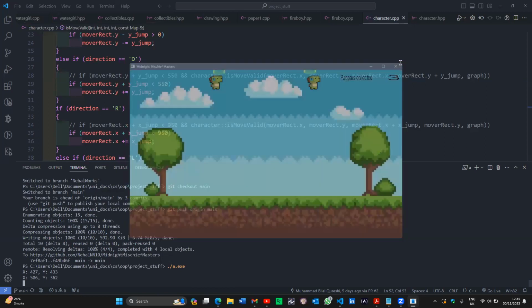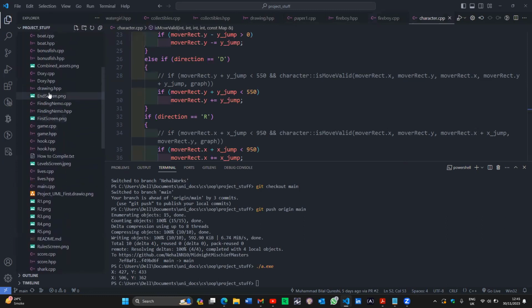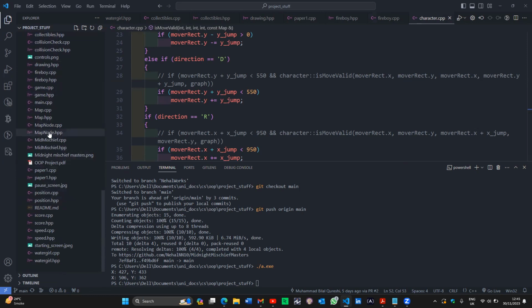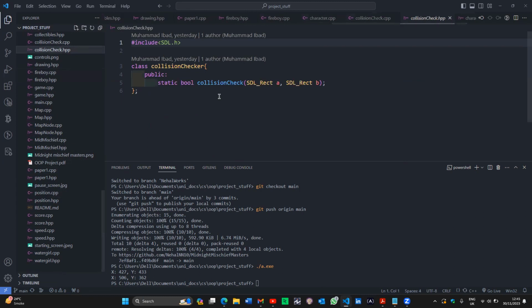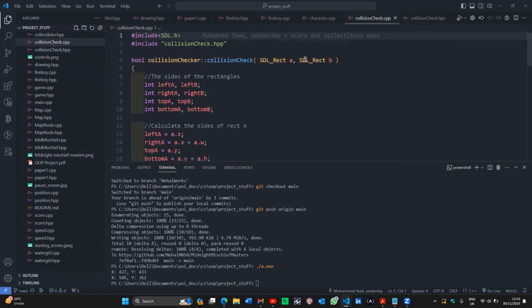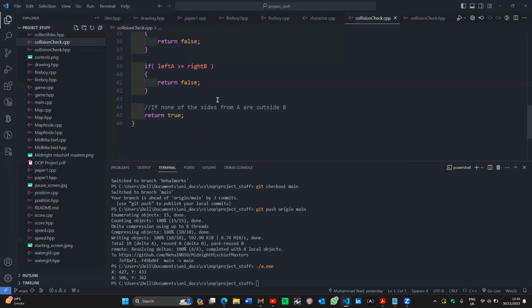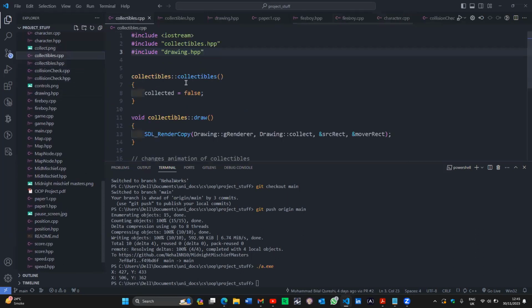So looking at the code, the first thing that we did was we made a class for collision because we are using that function a lot. We will be using that function for the enemy as well. So here is the header file. It's just one function that's static because it will be used for all the classes that have inherited. And all this is doing is getting two SDL rects, two mover rects, and it will return true or false based on whether they have collided or not. And then this function we have used,